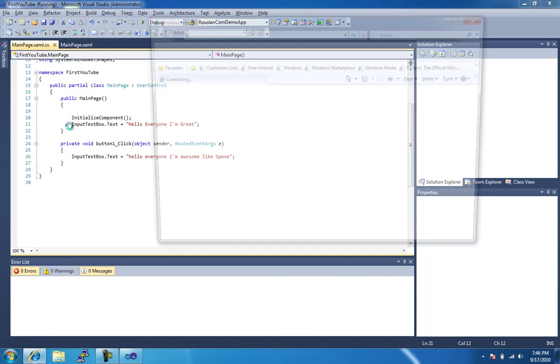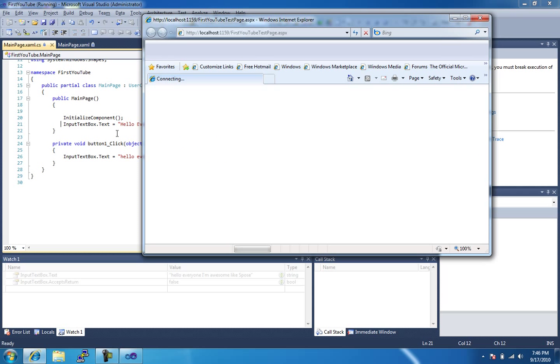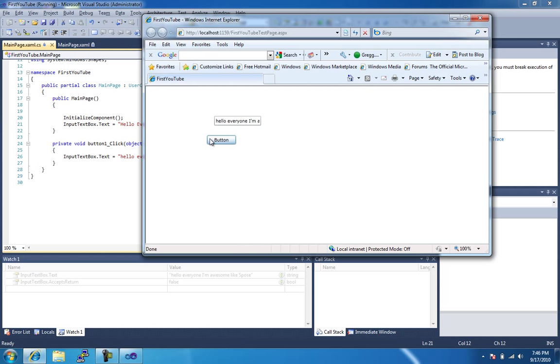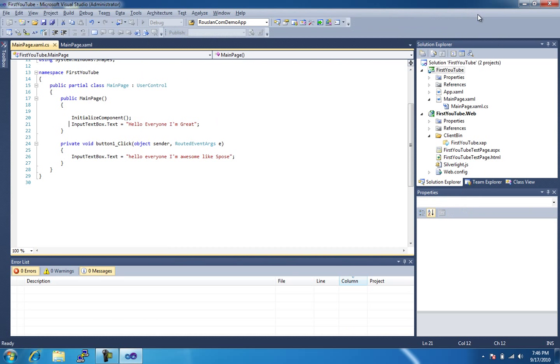And if I hit F5 here again, you'll notice now everything's going to just go hunky-dory. Do that. And hello everyone, I'm awesome like Expose. Alright, so that's about it for this